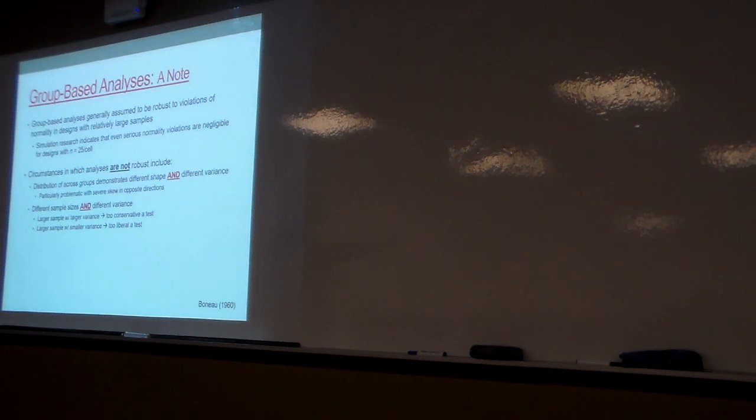And then, Kate, what does that do to my test statistic? Makes it too big, or too small? Makes it too small, right? And so I have too conservative a test. But if my larger sample has a smaller variance, right? My biggest sample has really itty-bitty tiny variance, then my aggregate measure is going to be too small. It's going to make my standard error too small. It's going to inflate all my test statistics, and then I'm going to be claiming things are reliable when they are not, right? And so wanting to think about actual consequences.